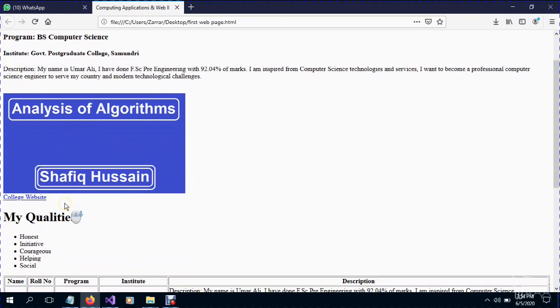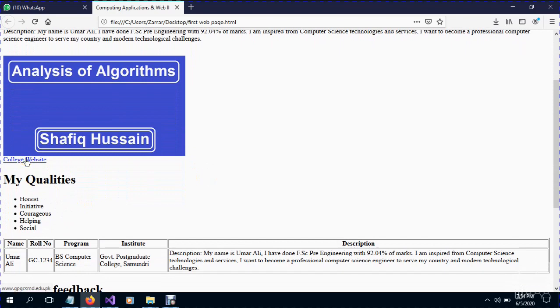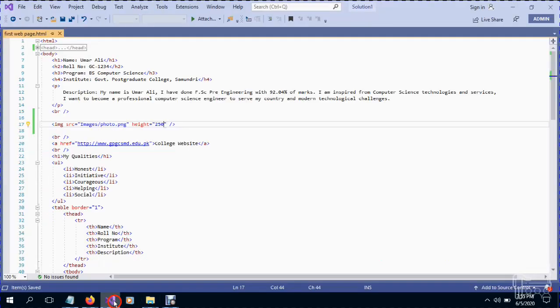Now the next thing is a link, an anchor tag link. This element is used to refer to other URLs of some website.